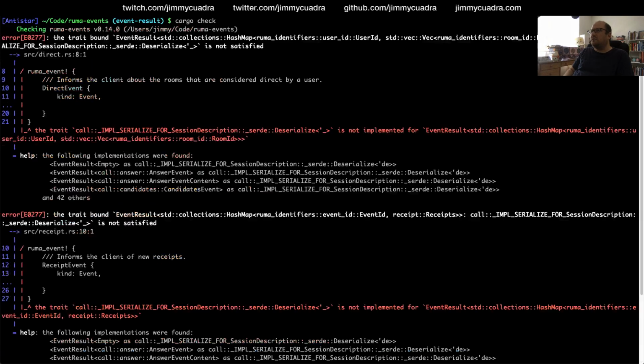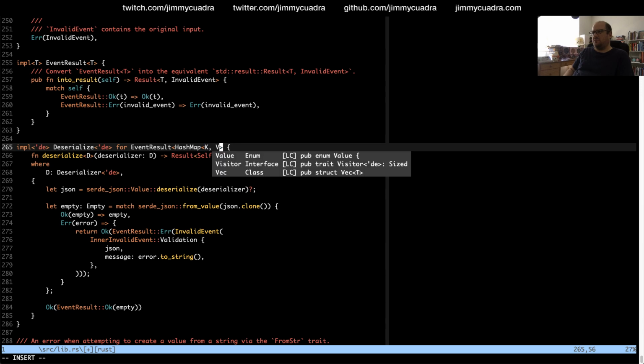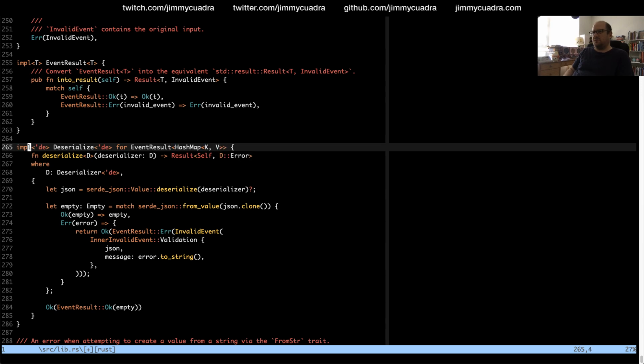And specifically, this has to be generic over the contents of the hash map. So this has to be, I never ever remember if lifetime or type comes first. I think, let's just try it. I'm going to get it wrong, I know it. I never remember the order of lifetime versus type variables there.